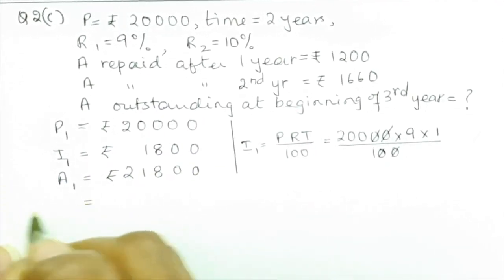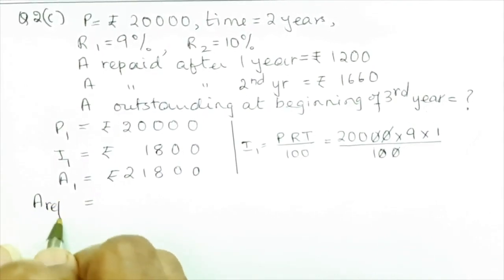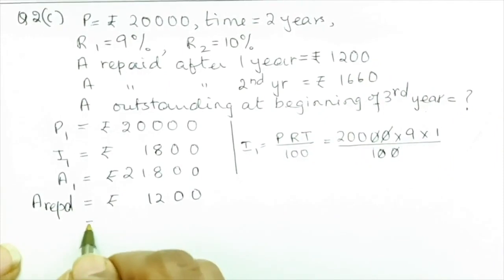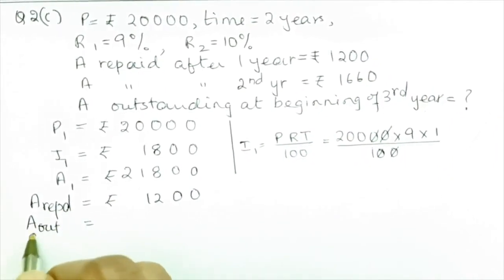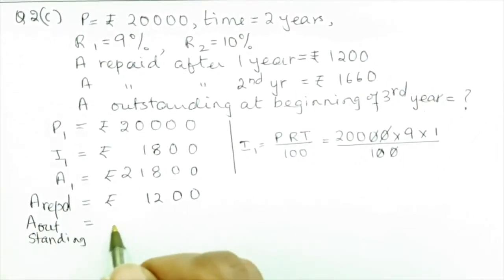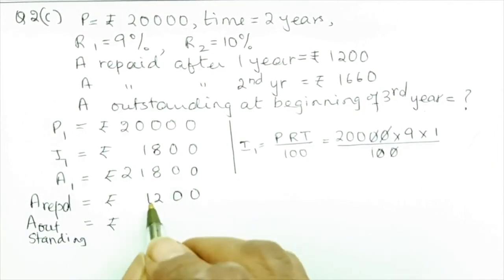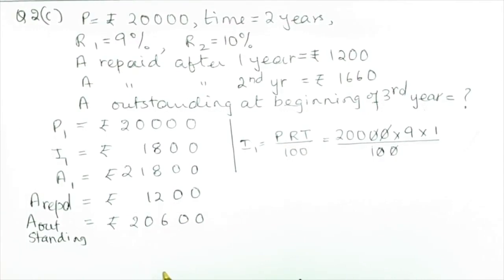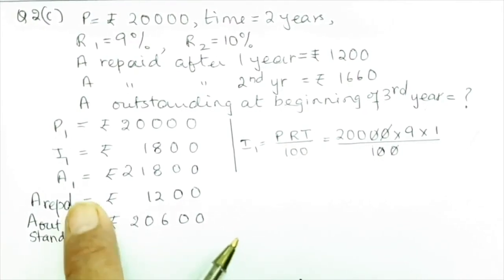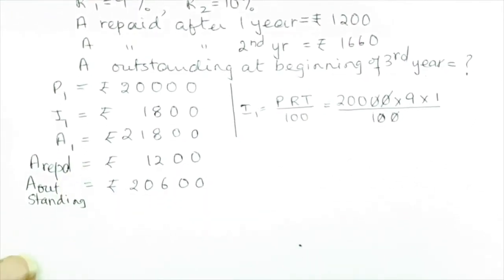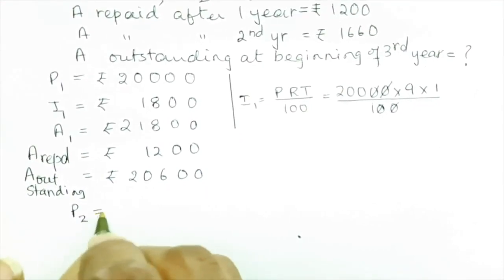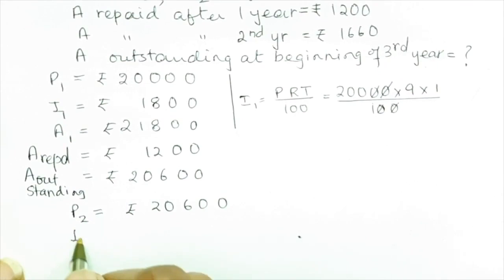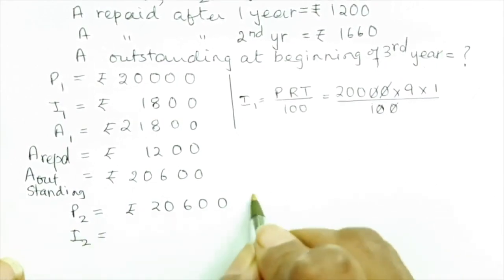Correct? Now we are going to have amount repaid after first year 1,200. So we will have amount outstanding, we'll have to subtract this from here. Correct? Now this becomes the principal for the second year. So let us see how we do that. Your principal for the second year is rupees 20,600 and the interest for the second year will be,